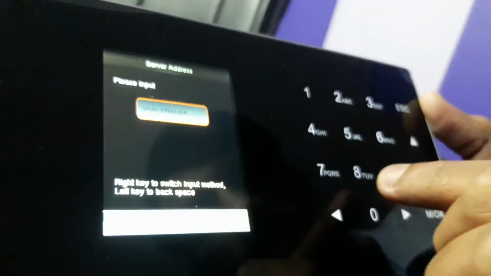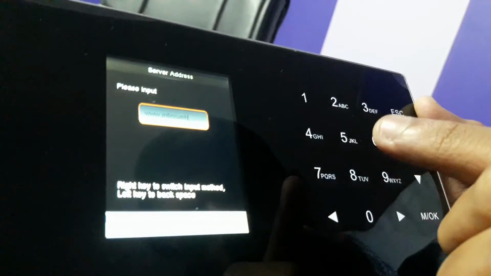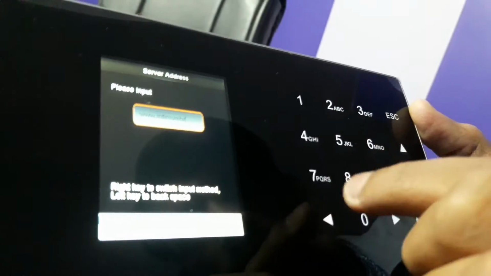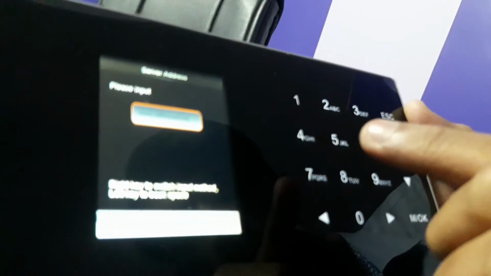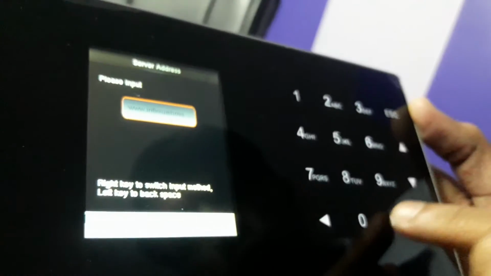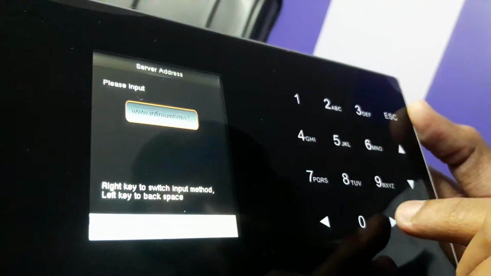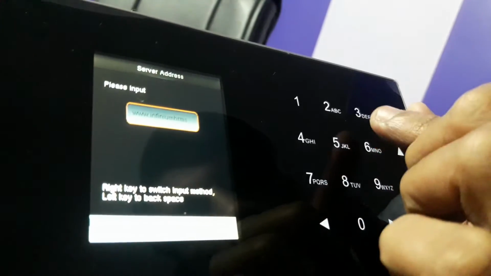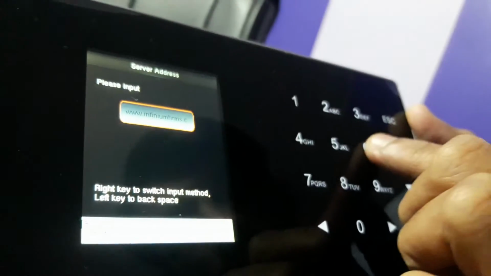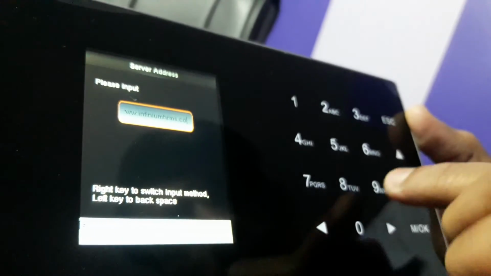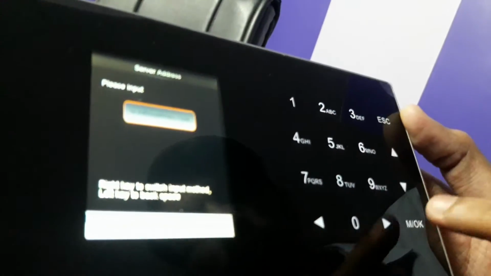Infinium HRMS. Okay, Infinium HRMS. .com. So I again put a dot, then com. Okay, now the link is typed perfectly.